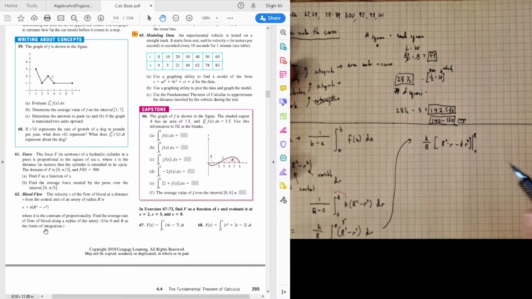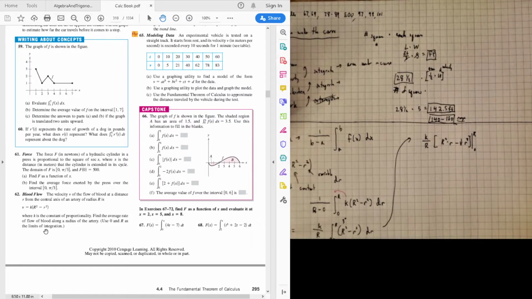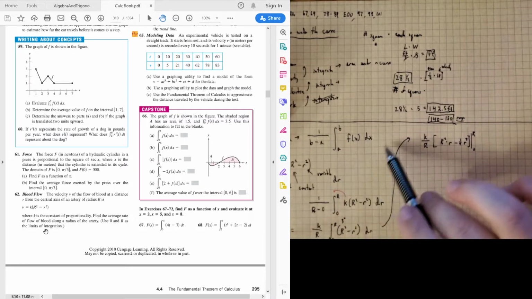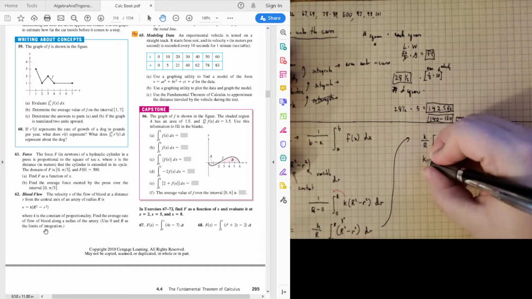All right. There's a lot of variables floating around here, but I bet a bunch of these are going to disappear shortly. So let's take our steps. Let's plug in big R followed by little r. This is our fundamental theorem of calculus, which states that when I integrate this function, it will become capital F of b minus capital F of a. Don't forget the number up front, k over r,